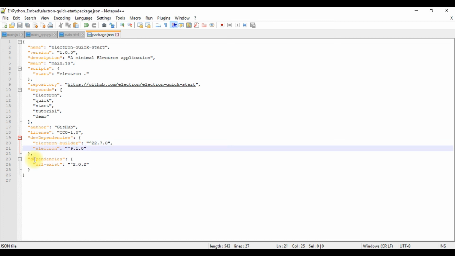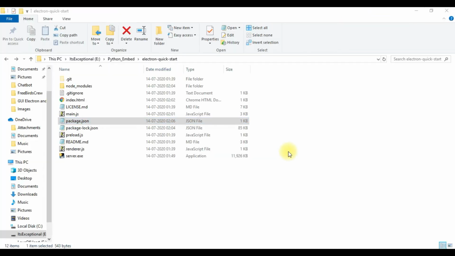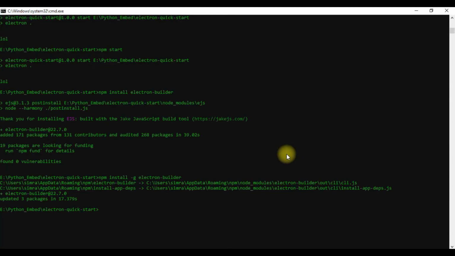So it works. Just close it now and use Electron builder. As you know, my application's files are in this folder, so I can add a dot because all my things are in this folder. Just enter.